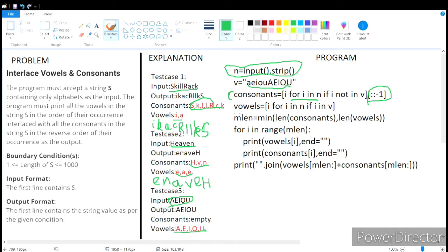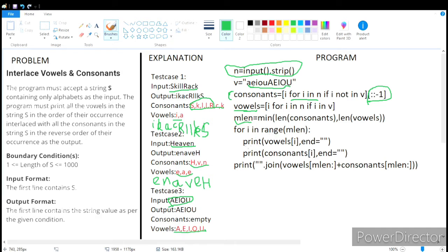Next, in vowels, I am getting the vowels in the string. That is, for i in n, if i is present in this string A, E, I, O, U, A, E, I, O, U, then I am appending it to my vowels list. Next, I am finding the minimum length of both the lists, len of consonants and len of vowels. Whichever is minimum, I am keeping that in my variable mlen.